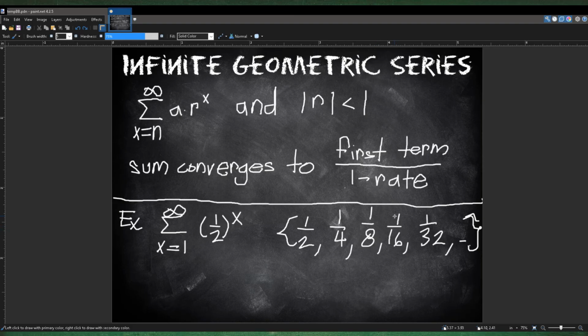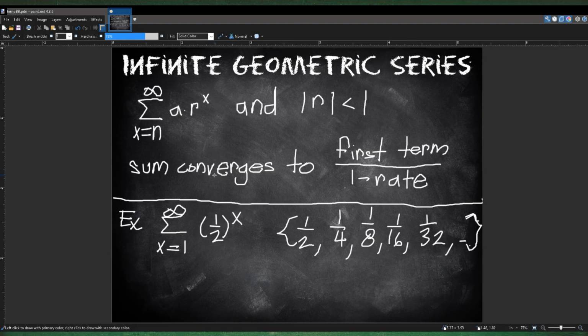So it's a geometric sequence because the ratio from the previous term to the next term is a common ratio. Since we met the first condition, does this meet the second condition, which is that the absolute value of the ratio has to be less than 1? It's just telling you the ratio has to be between -1 and 1. So is it between -1 and 1? Well, 1/2 is between -1 and 1, so it meets the second condition. Since it meets both conditions,